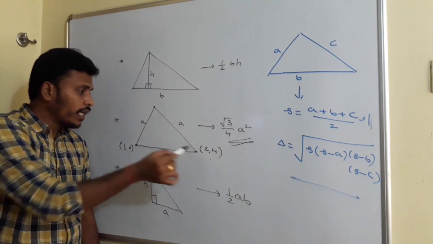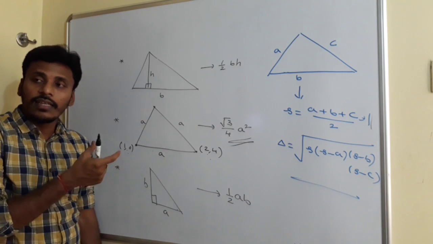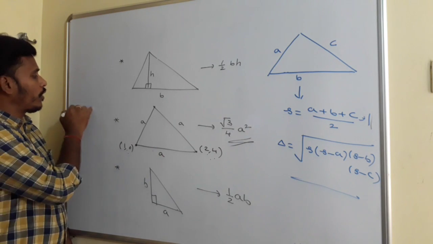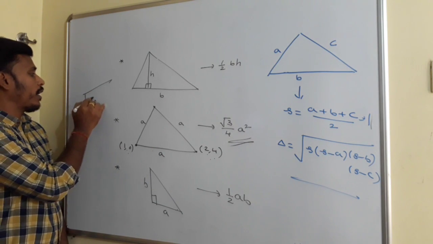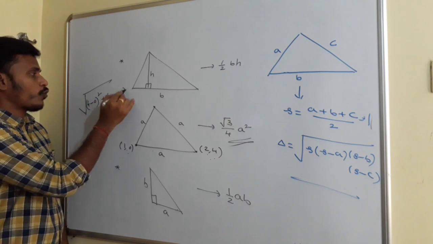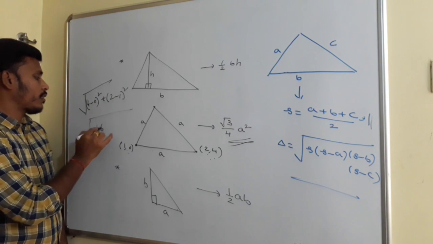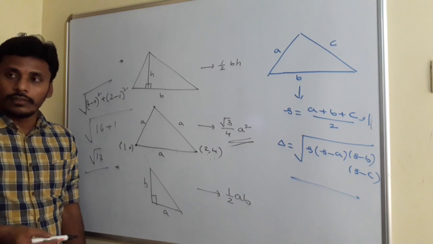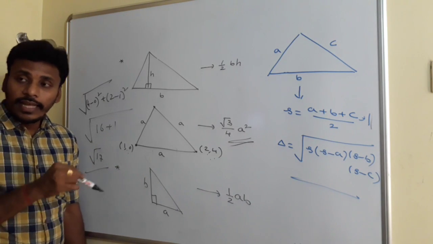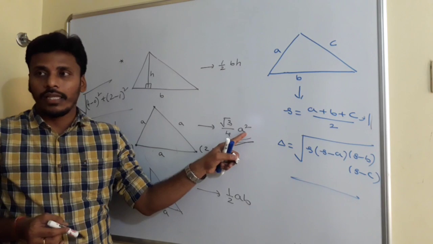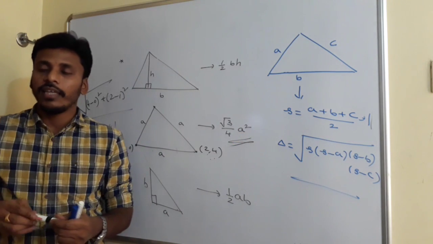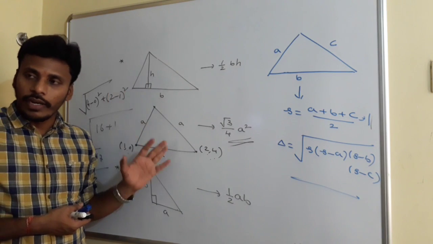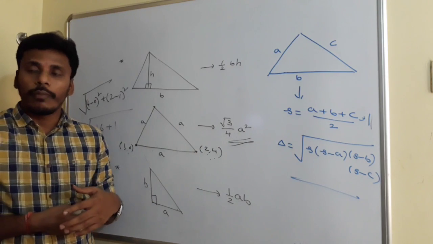So for that you just find the distance between these 2 points. The distance is the side length, which is A. The distance between these 2 points is given by square root of 4 minus 0 square plus 2 minus 1 square. If you calculate, 4 square is 16, 1 square is 1, and that is root 17. So this distance is root 17. That means the value of A is root 17. Then the area is root 3 by 4 A square, with A square being 17. So 17 root 3 by 4 is the area. So to find the areas for triangles related to equilateral, isosceles, scalene, you need to memorize these formulas also.